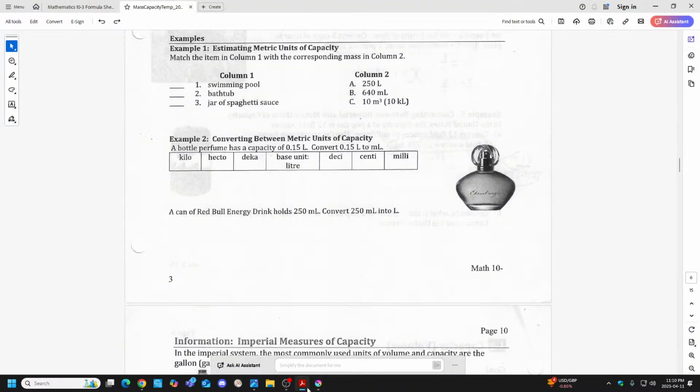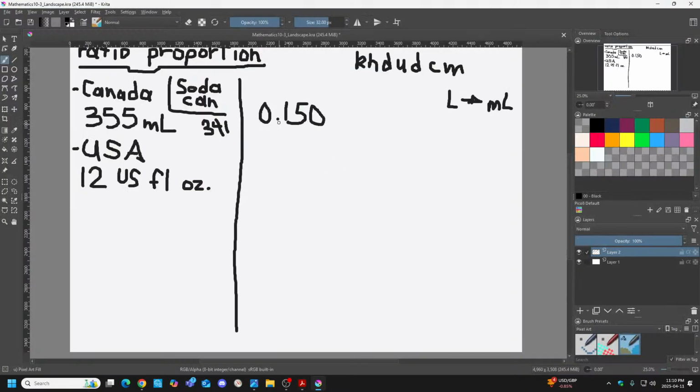We're going from liters to milliliters, right? So this is a liter. Let me just fix that there. I just want to have a little bit of space there. Fix it up. There we go. So we're going 3 jumps to the right. Units 1, 2, 3 to milliliters, M. Kids help dad until dad calls mom. 1, 2, 3. There we go. 3 jumps with our decimal. So therefore our answer is